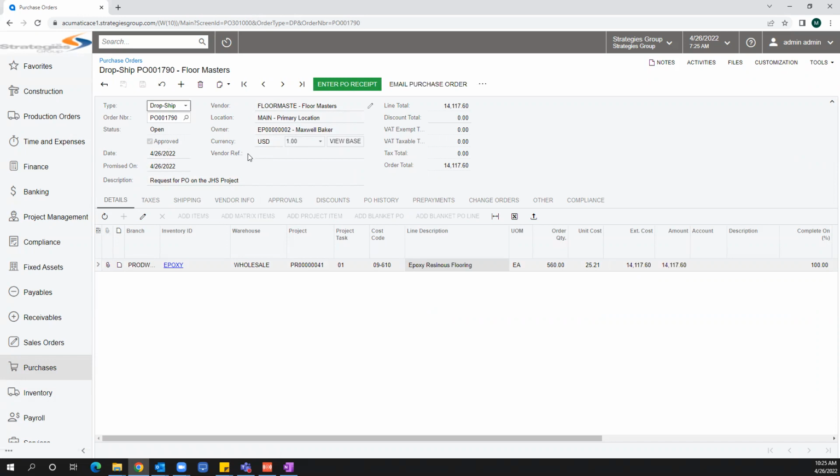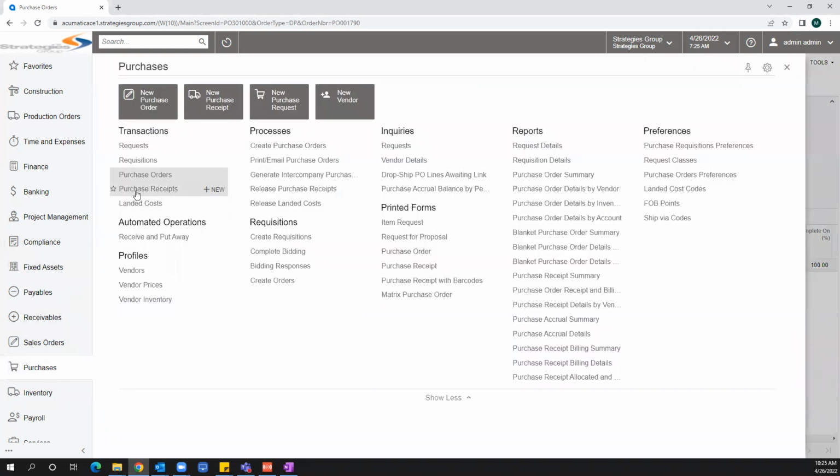status. The open status of a purchase order in Acumatica means I can begin to receive the goods on this purchase order. Or if I'm not doing a receipt of some kind, I can begin to enter AP bills against it. But for today's demo purposes, we are doing a purchase receipt. So if you notice here, I have a green button that says enter purchase receipt. Awesome. I can also come here to the purchases workspace and create a purchase receipt and pull in the details